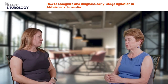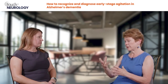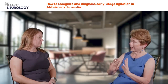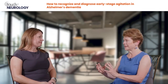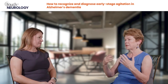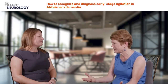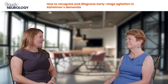So being able to have this care partner describe what's happening, but getting them to see that actually there are other factors leading to that, is the switch that needs to happen. The care partner might not even be able to present it or talk about it, or they may just say he's just been difficult to live with. That's it. You're not going to get any details. Yeah, I think from the clinician's perspective,